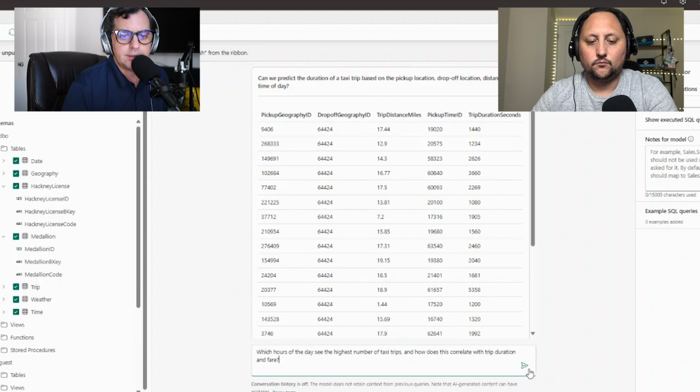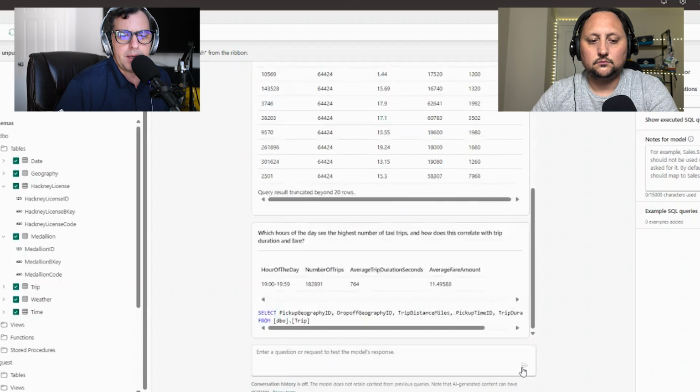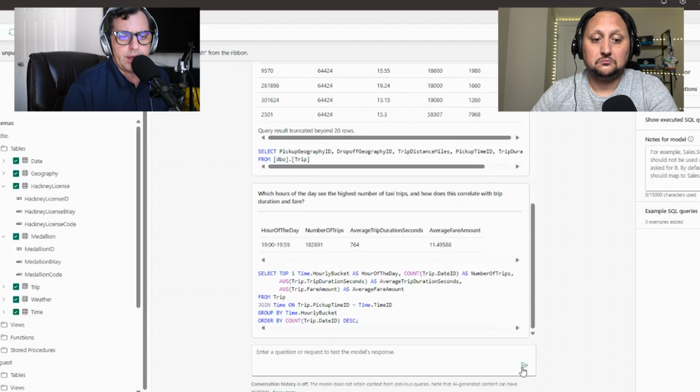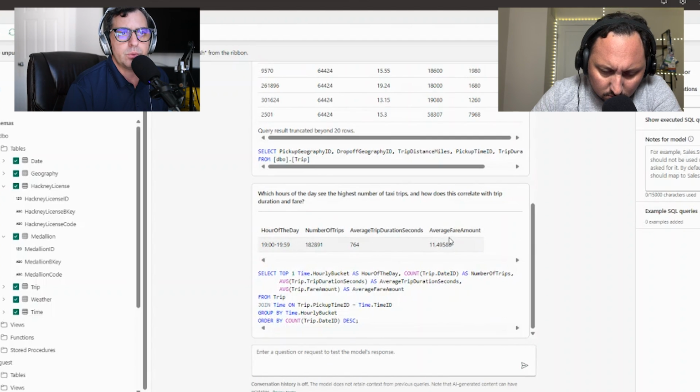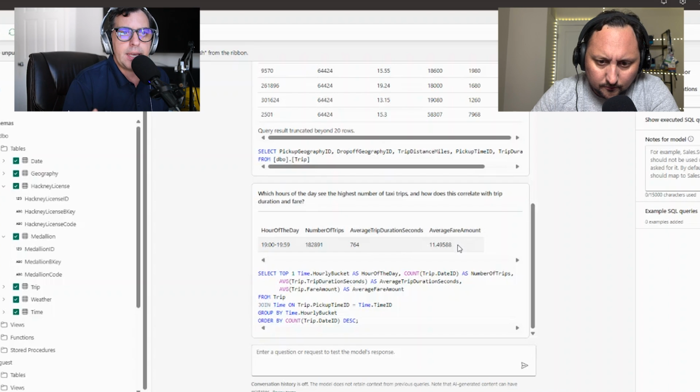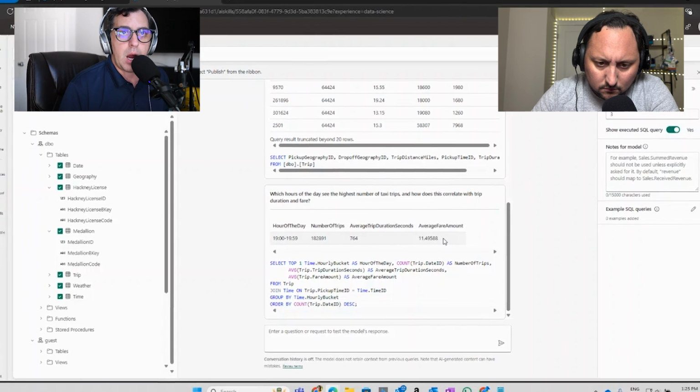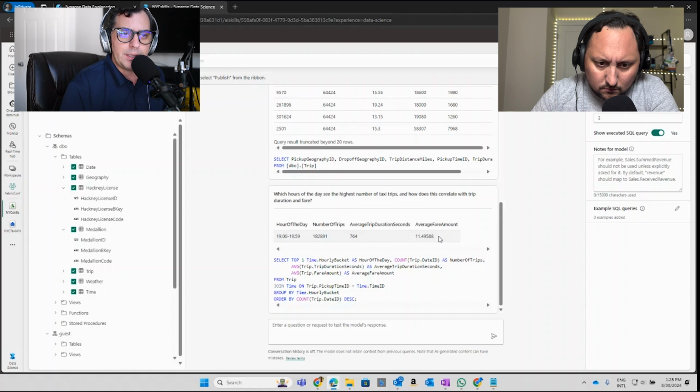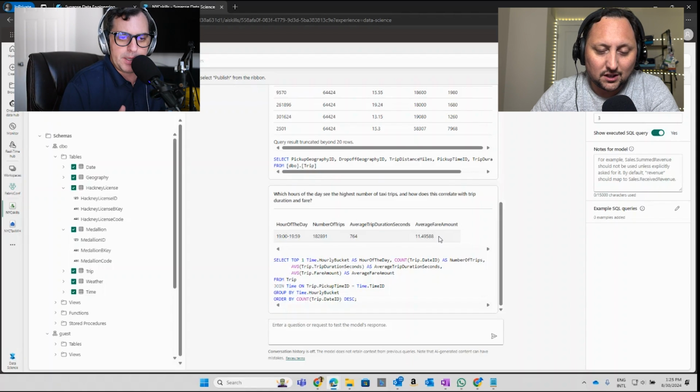So we are analyzing this data, and based on our model we get the hour of the day, the number of trips, the average, and the fare amount for that day. So this AI skill is predicting that as part of our model. And then what is last in this piece,